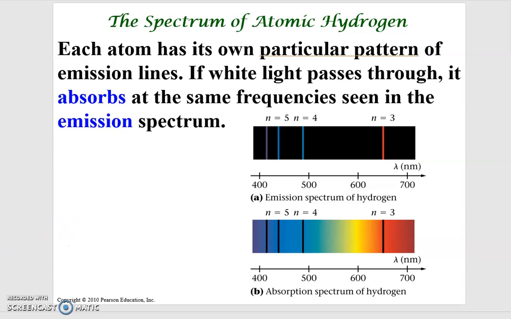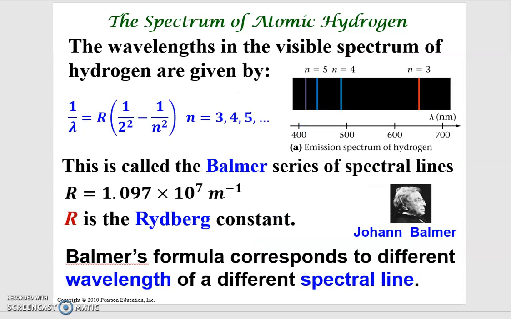Before I explain to you using the concepts we learned in the previous lectures, people found this formula to describe the atomic spectrum for hydrogen. So the wavelengths can be described by this. What is the R? R actually is a constant. It is a very big number, but you can simply treat it as a constant. And here in this formula, I have a 2. If you have a 2 here, it means it is the Balmer series of the spectrum lines.